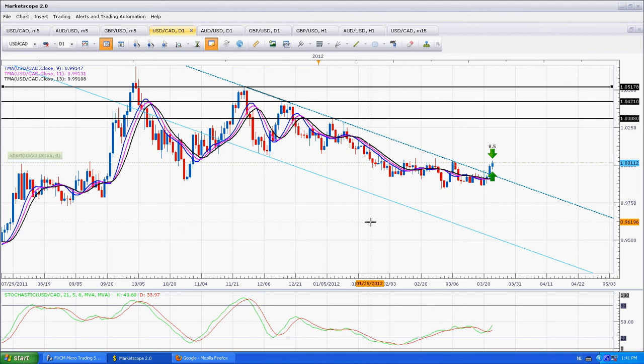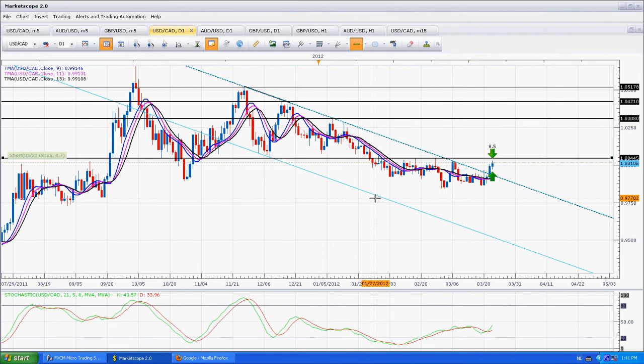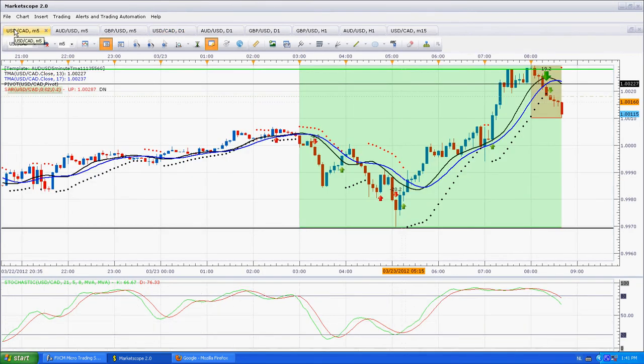So I believe that price can jack up and move on to 1.038, and you have this major resistance here that price has not been able to break through. That's okay. 1.0045 is another place to look at. But instead of bobbing your head with this, you can go back to the 5 minute chart on a daily basis and see what really happens. Like I said, I wanted to show you something really critical to trading, and that's a long-term trade